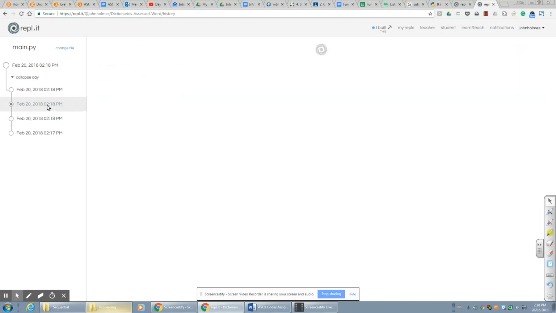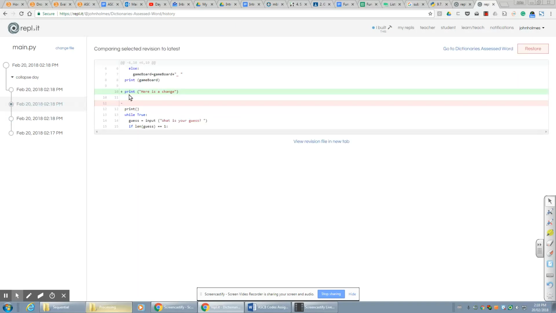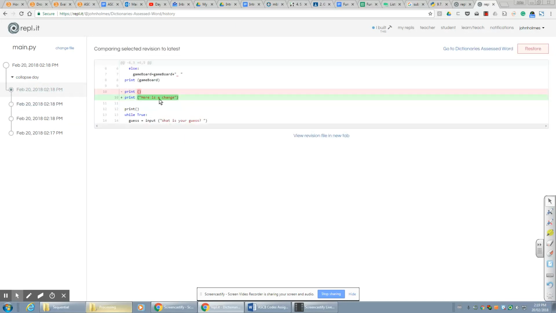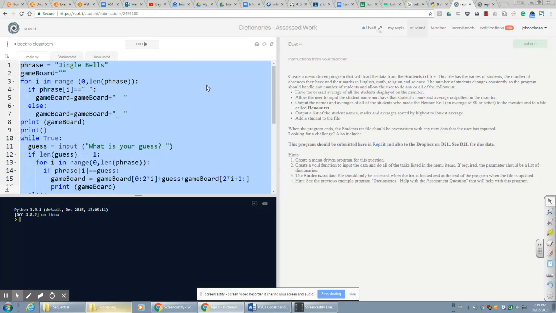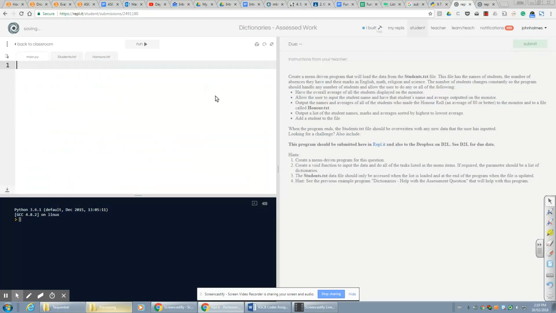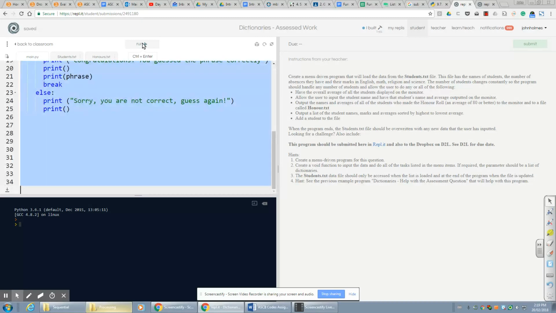Here is a change. Then it looks like I deleted a space line, and now this is where I'm at. So I removed this print and added here as a change. It's showing me the various versions of my file. So you could be working on a project for days on end, and somehow hit the backspace and not mean to. And now, I can Control Z to undo, but I hit the backspace and then I run it. Now I hit Control Z. I can still undo it, but anyways,